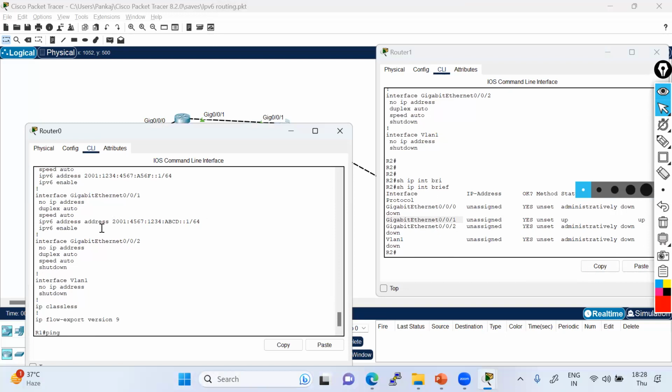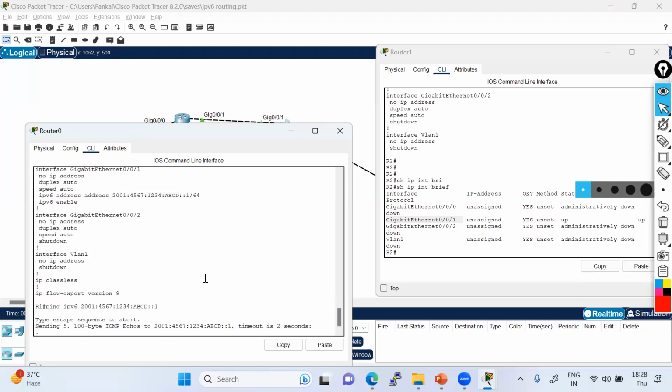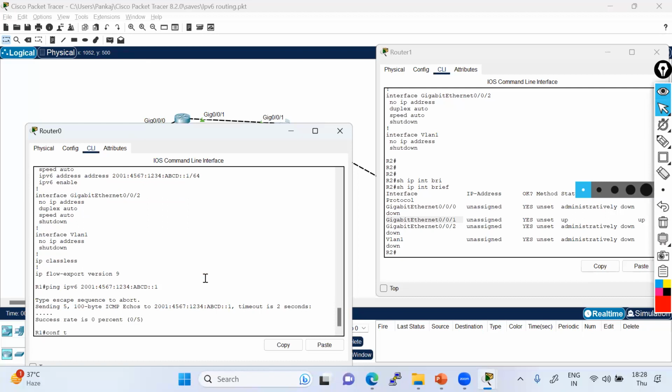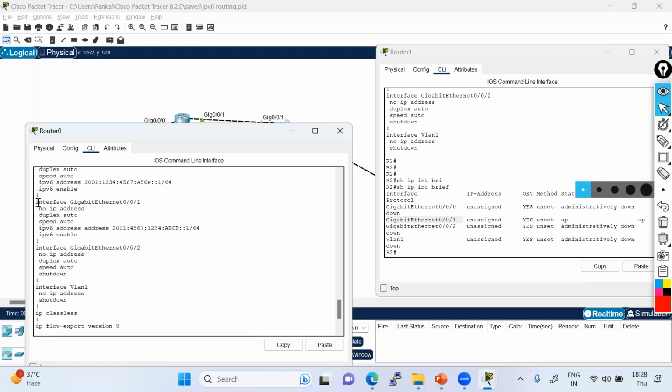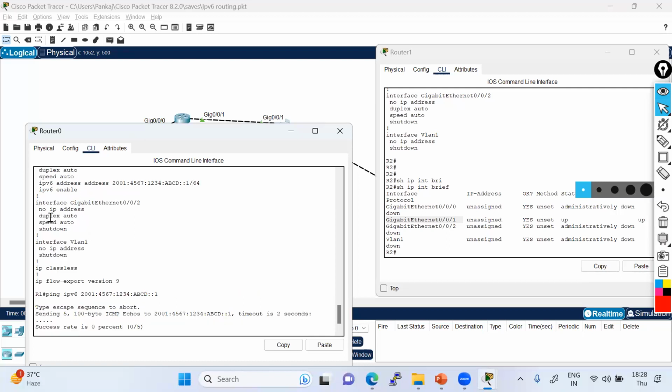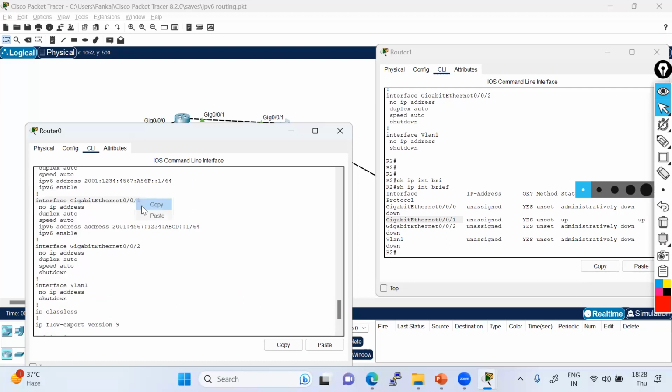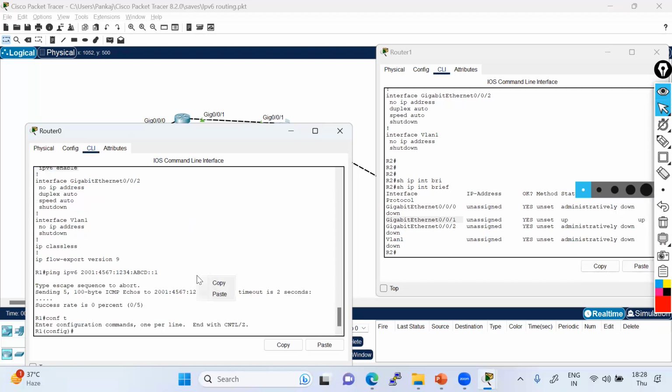Ping IPv6. Let me make it simpler. I believe there is something wrong with the addressing. Just okay, there is no problem. Why it's not pinging?